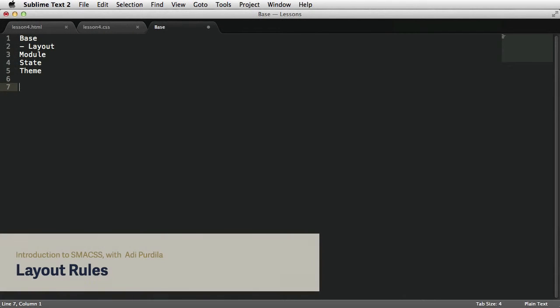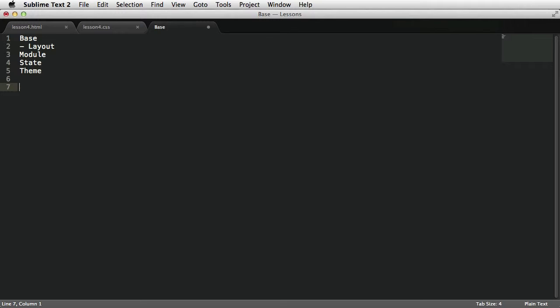The second category in which you can include CSS rules refers to the layout, or how you position various elements on the page. We can categorize these elements into major and minor components. The minor ones, such as forms, buttons, navigation menus, are contained within major components, and I'll talk about them in the next lesson. The major components are called layout styles, and they represent the big chunks, the big blocks of